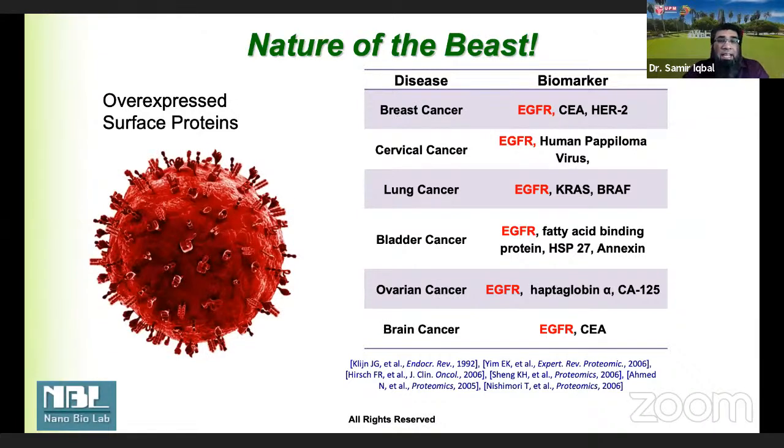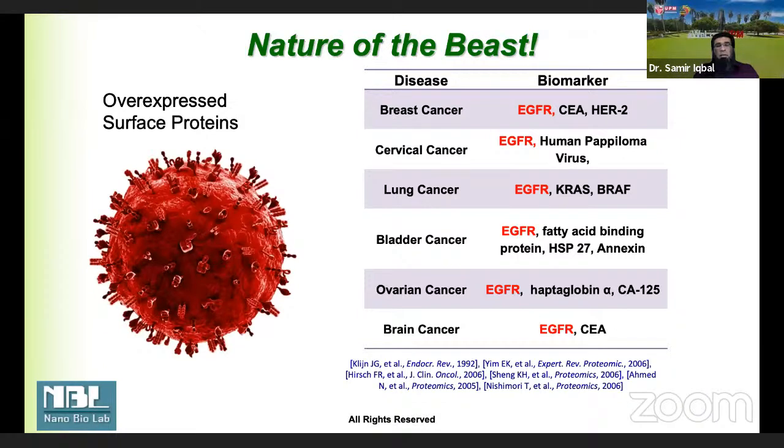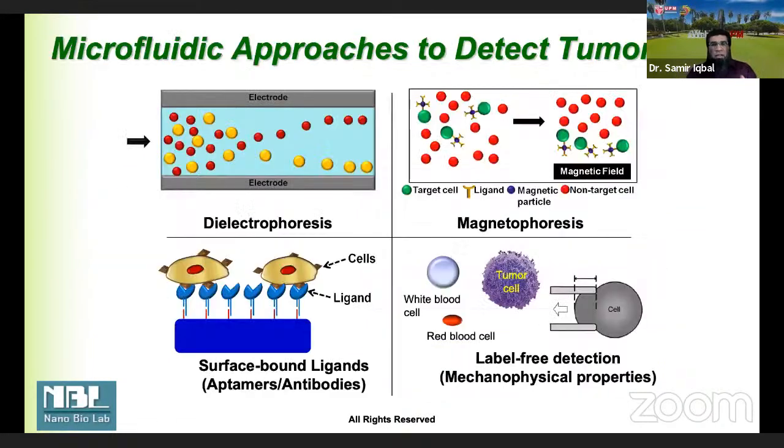So here I have highlighted EGFR. Among many biomarkers, EGFR is very common among many cancers, and EGFR is epidermal growth factor receptor. So it's a growth factor receptor, which means if there are many more, the cells will get many more growth signals. Of course, we know that cancer cells grow much faster than other types of cells. So that's an attractive biomarker for diagnosis, for prognosis, and for monitoring post-treatment conditions. And for us as engineers, that was an interesting thing. What can we do with this biomarker, which is available on the surface of the cell?